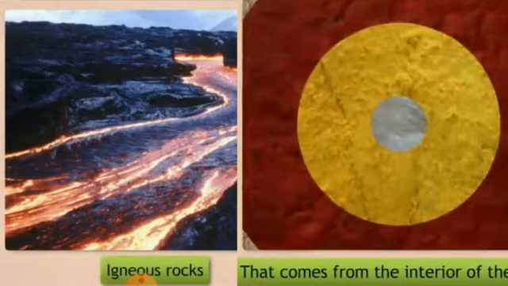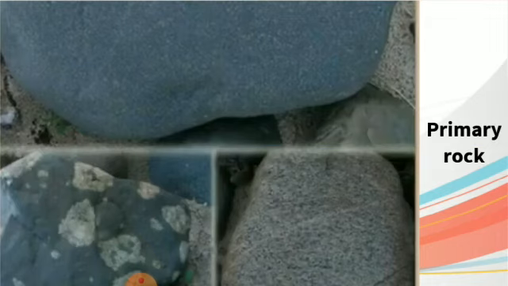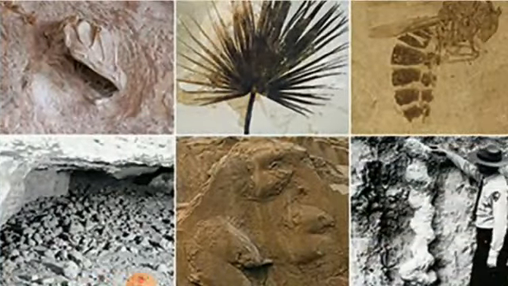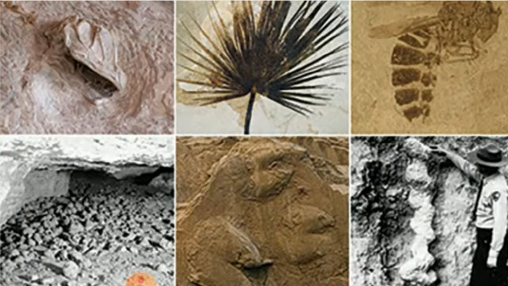As this liquid formation comes out from the interior of the earth, it cools down and is called primary rocks. Mostly these rocks appear hard and homogeneous. These are heavy as well. We do not get fossils in these rocks. We do not find any kind of fossil inside the rock.